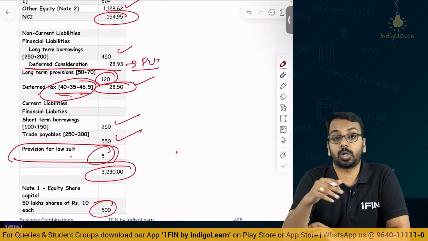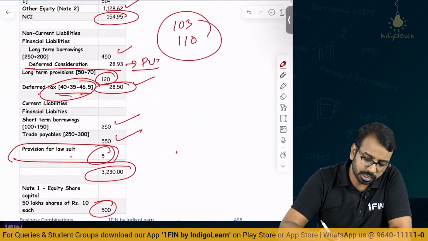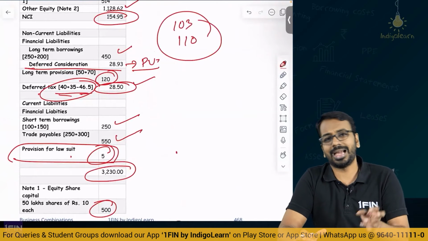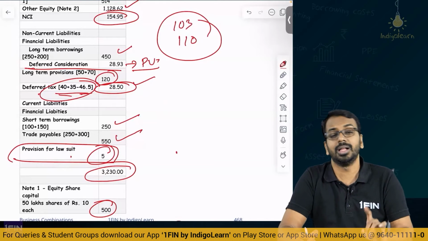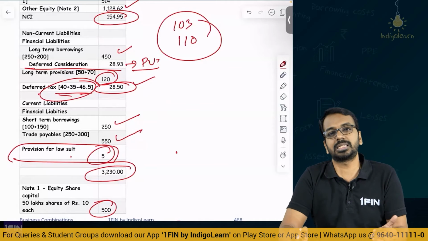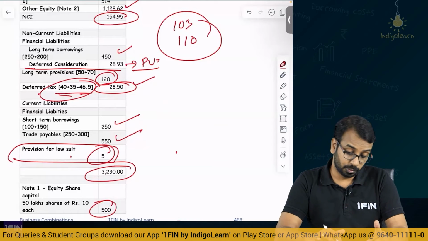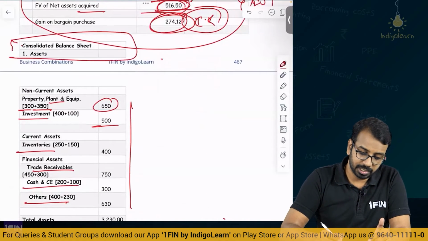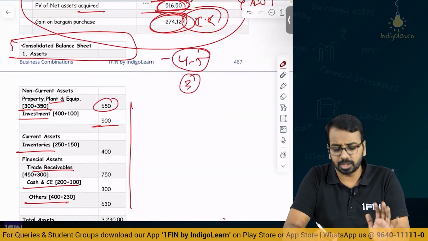Now one more thing a lot of students do is, whenever they see these questions on 103 and 110, somehow there is a fear, right from say intermediate level, that what if the balance sheet does not tally, what happens if the purchase consideration goes wrong. One thing you have to keep in mind is, even if a couple of adjustments go wrong, unless you are making mistakes at all levels, this consolidated balance sheet will fetch you 4 to 5 marks. If you make a couple of mistakes, at least 3 marks you will get here.